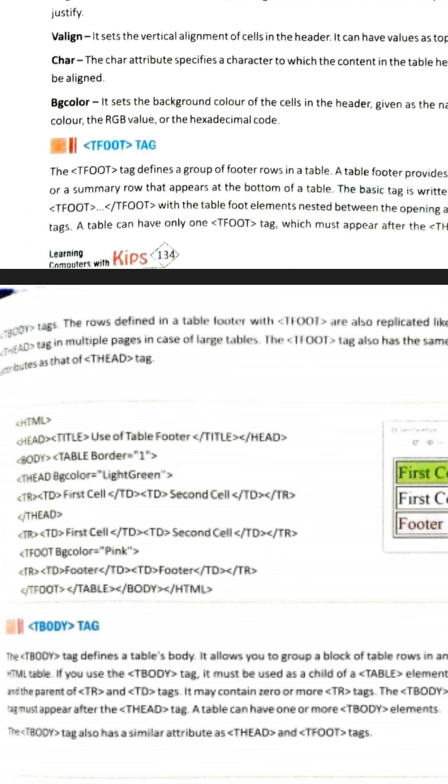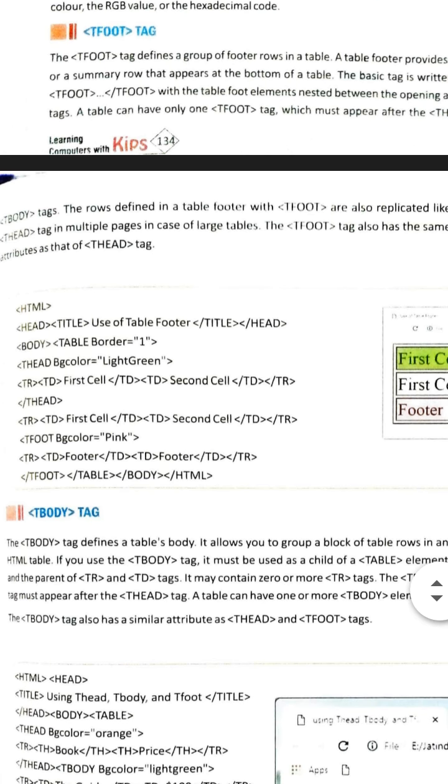One more thing, in the T head you can align data and give the BG color also. T foot is for defining the footer of the table.